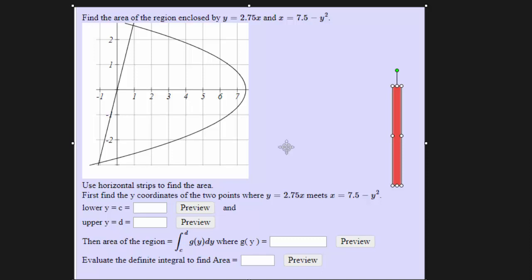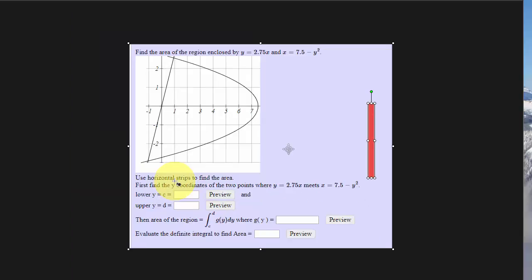In this problem, we're being encouraged to use horizontal strips to find the area. We talked about this in class last week, but up till now, we've been working with integrals in terms of x, which means the strips go up and down like this, vertically. If we try that here, though,